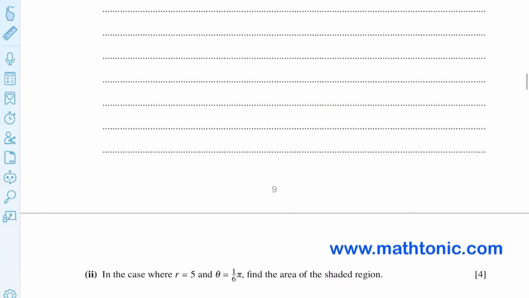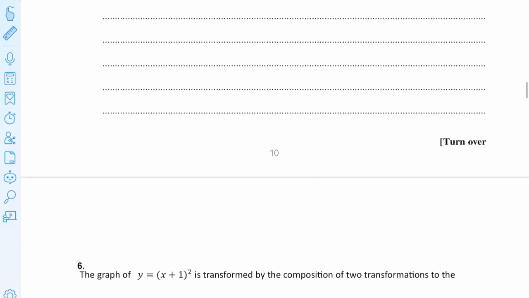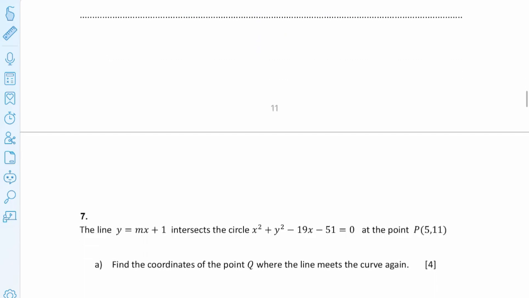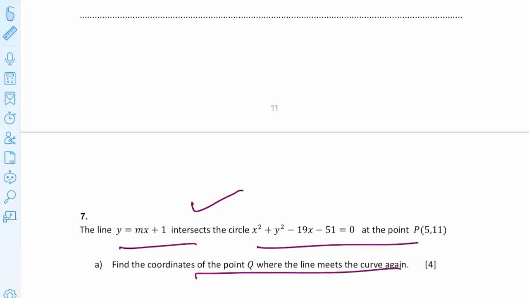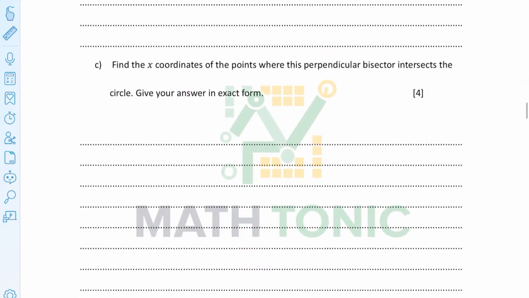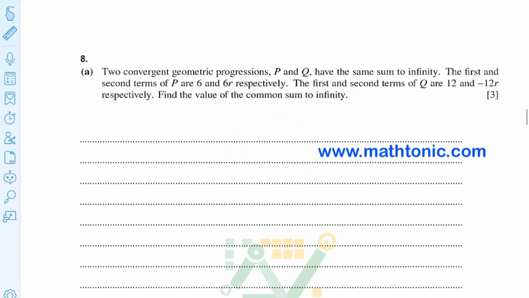I have prepared a lot of questions by going through a lot of past papers, so this will be really helpful for you. See, this is a question of transformation, and this is a question of a circle, where if a line meets the circle, what kind of coordinates we can have. I have prepared a very good question paper, this will really help you, I'm telling you. And yes, we have very good AP GP questions as well.